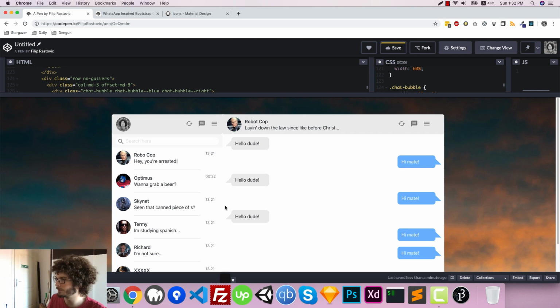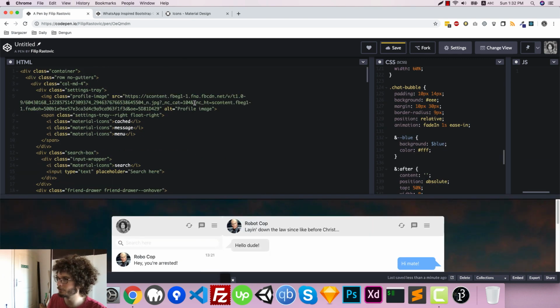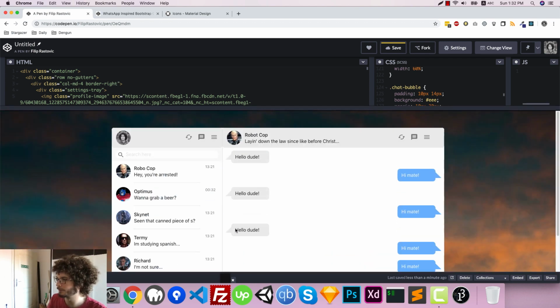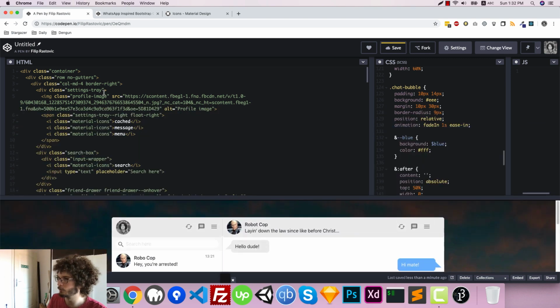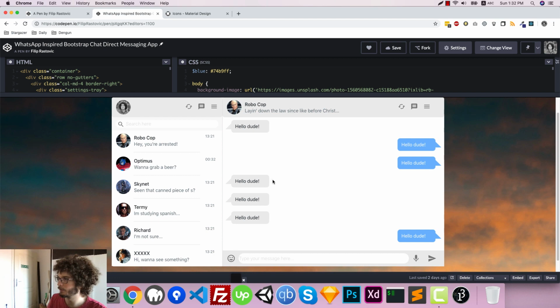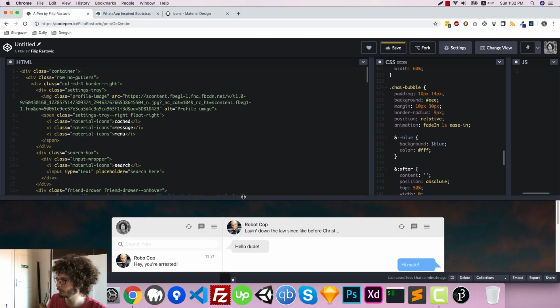Oh yeah, we're missing the border here, so just here for our column MD4 we can add border right, and we have this little border here that we wanted. I think it looks, yeah, it's okay. So to continue adding this part,